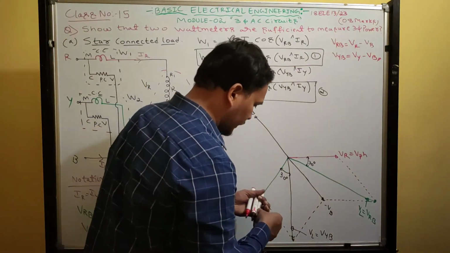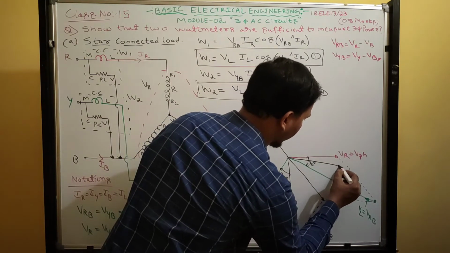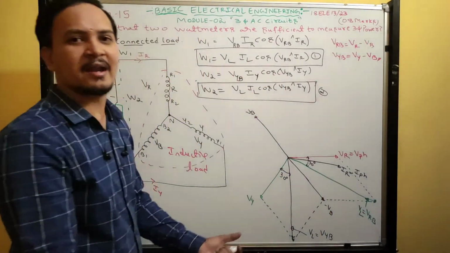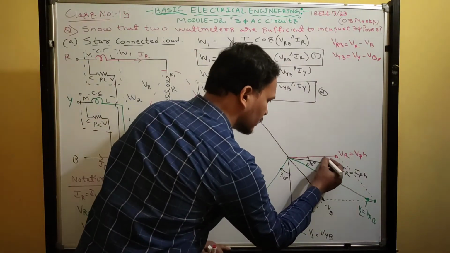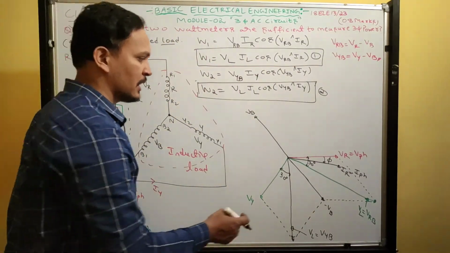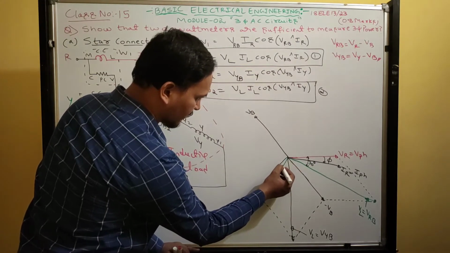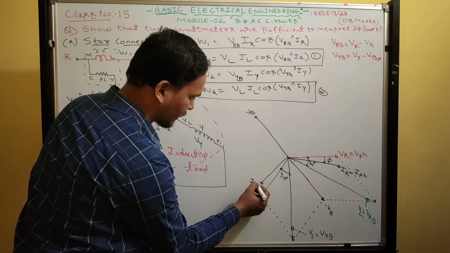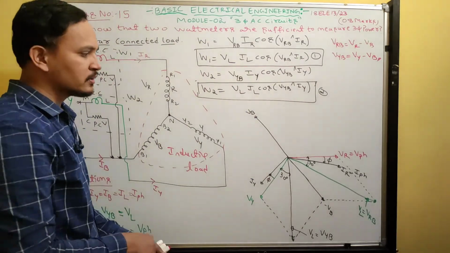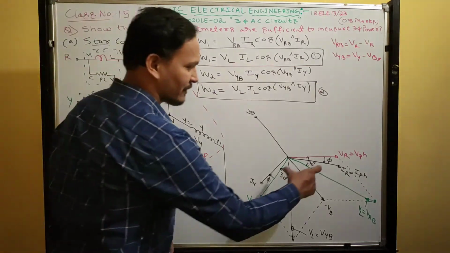So now the current in R phase, IR. Phase current or line current, both are same. The current in R phase lags the voltage by an angle phi. Similarly, you determine current in Y phase. The current in Y phase, IY, lags the Y phase voltage by an angle phi. Don't think that one is on top and one is down, this is leading, this is lagging. Not like that.